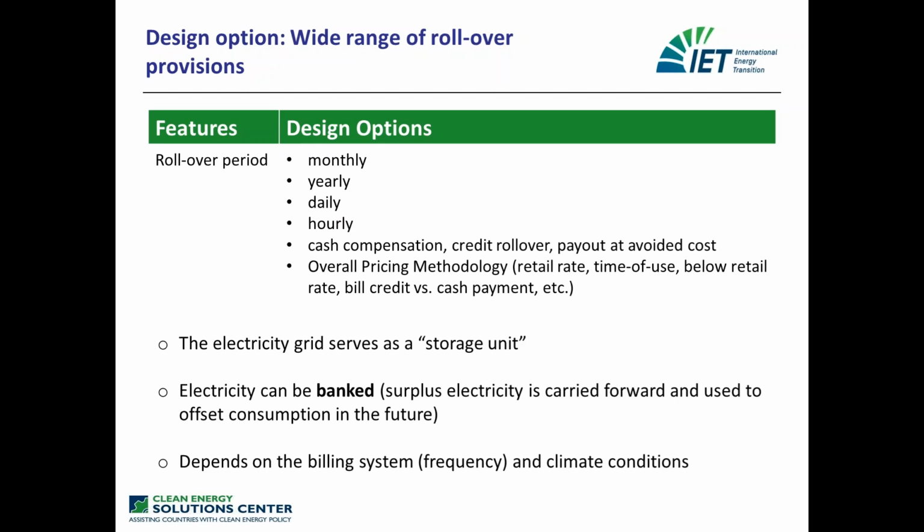This is really the question for what period I can actually offset my electricity generation with my own electricity consumption. As I mentioned before, the standard net metering design in the 1990s and 2000s was that you had an annual period, which is of course also due to the fact that you did not have a lot of smart meters at that time, and the utility was only measuring the electricity consumption of a household maybe once a year. So this would then also be the period when you measure the electricity generation in case you have 2 meters. Of course, in case you only have 1 meter, then it's done with this 1 meter by just turning it backwards. But that was really the basic design, and only in the last couple of years